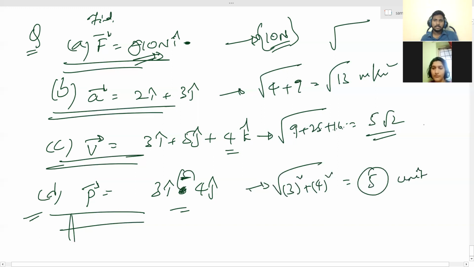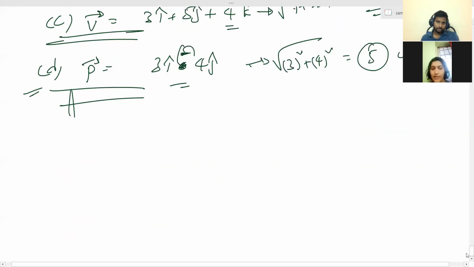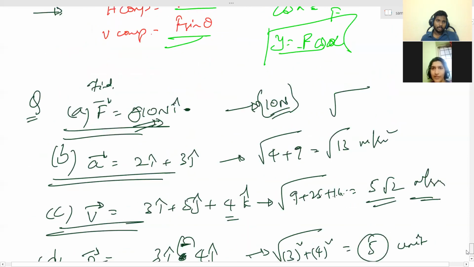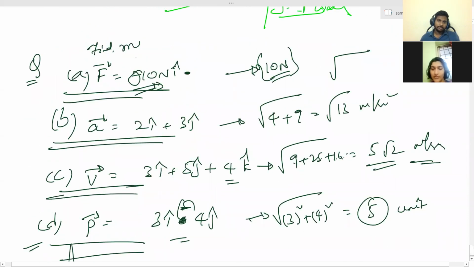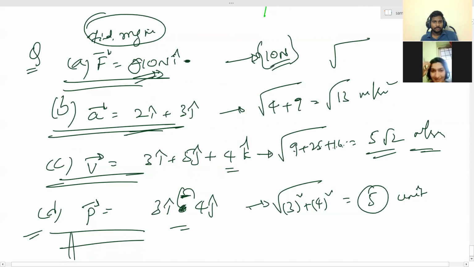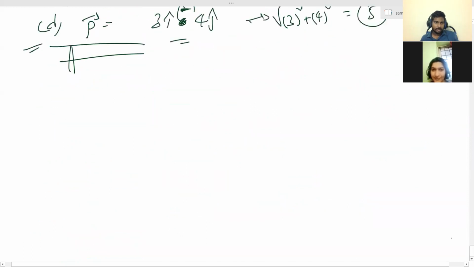units. Got it? Understood how to solve the magnitude? You can solve it on your own or not? Yes, sir. So the question was to find the vectors only, no, sir? No, magnitude. I gave the vector. What will you find out? Sir, that's what I got confused. Okay, you understood now? You understood how to find the magnitude? Yes, sir. Can you solve on your own? Yes, sir. Then now tell me.